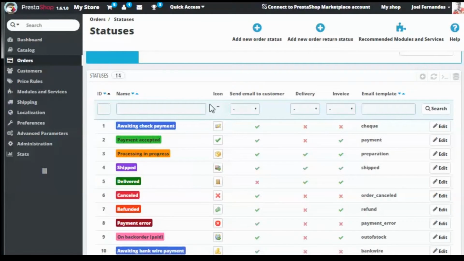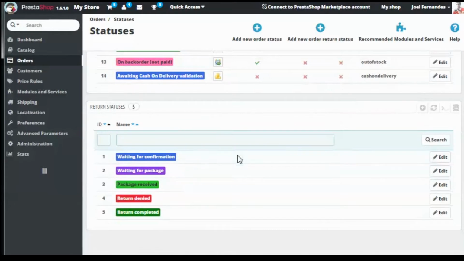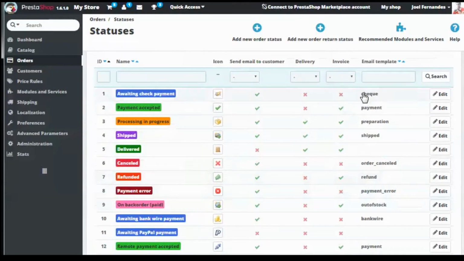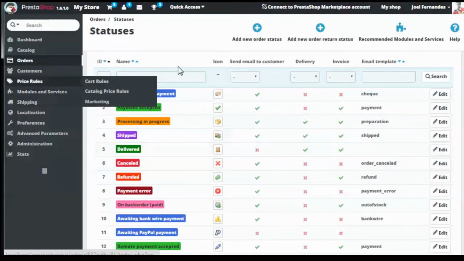Just click on it. You just have to enter the name, that is payment accepted using cash, and then click on save. It's really easy. You can even select the type of email that is going to be used for that status, what email will be sent to the customer, and so on.